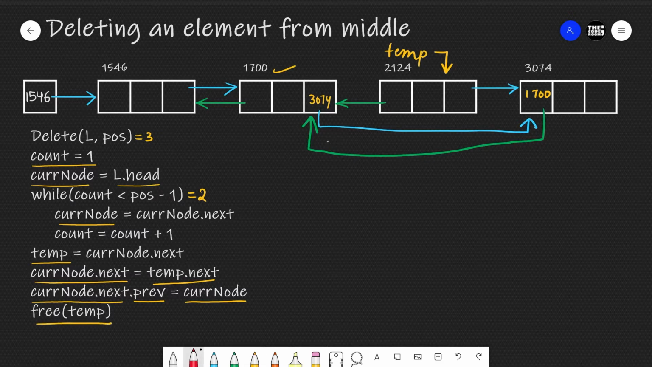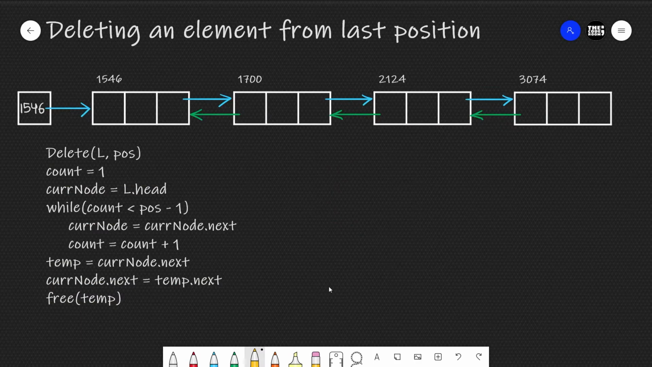The time complexity of this algorithm is given by theta of n. Finally, let's see how we can delete a node from the last position of a doubly linked list. So this time we have to delete the node at the fourth position because it is the last position of this list. To delete this node at the last position, we can simply store null in the next pointer of